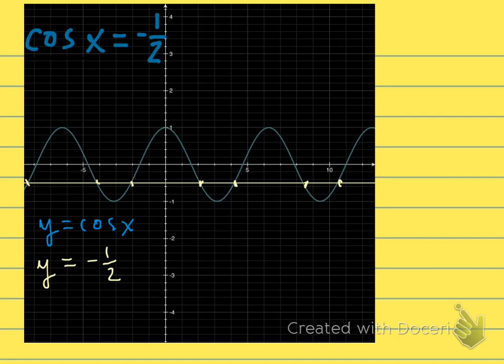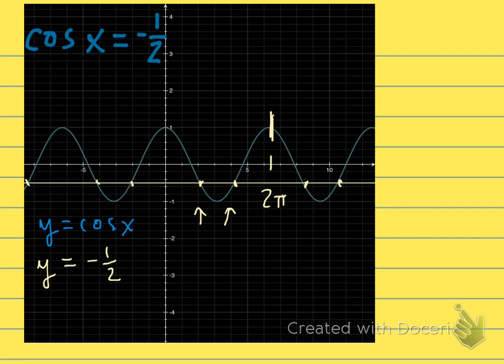And we don't necessarily think of cosine of x equals negative 1/2 as a system of equations, but we certainly could. I can write y equals cosine x and y equals negative 1/2, 2 different equations, and the solution is where those 2 graphs intersect each other. So looking at our graph a little bit more closely, the cosine curve has the end of one cycle right there, which, as you recall, is 2 pi. And so these 2 solutions right here